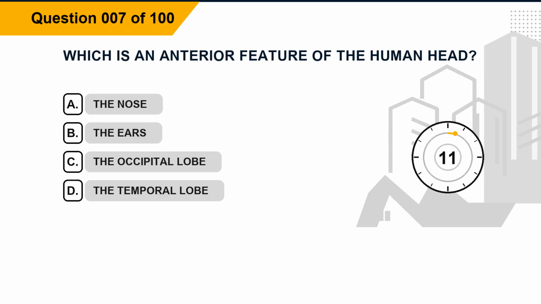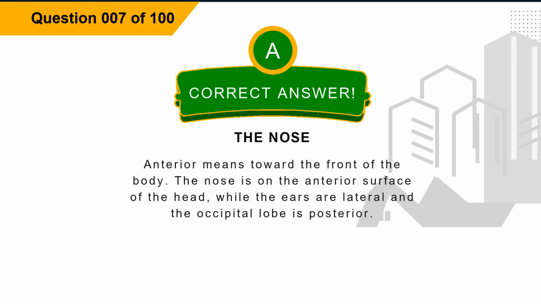Question 7. Which is an anterior feature of the human head? Option A, the nose. Option B, the ears. Option C, the occipital lobe. Option D, the temporal lobe. The correct answer is option A, the nose. Explanation. Anterior means toward the front of the body. The nose is on the anterior surface of the head, while the ears are lateral and the occipital lobe is